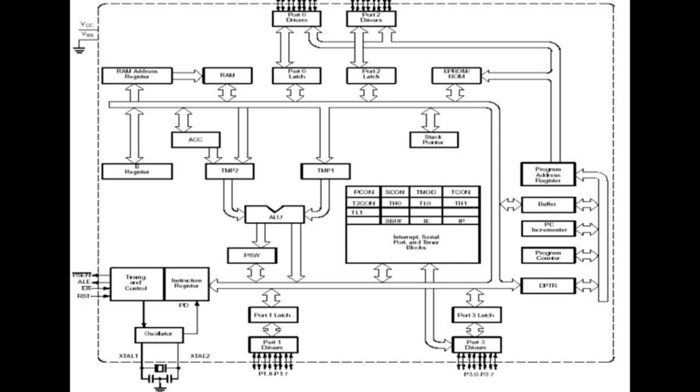Already we have timer 0 and timer 1, T0 and T1, which I explained to you in the previous pin diagram. Here, the timer mode register is an 8-bit register that specifies the operation of T0 and T1 along with their modes. And coming to TCON, the timer control register, this is also an 8-bit register and holds TF and TR bits along with the interrupt control bits, which are for timer 0 and timer 1 here.